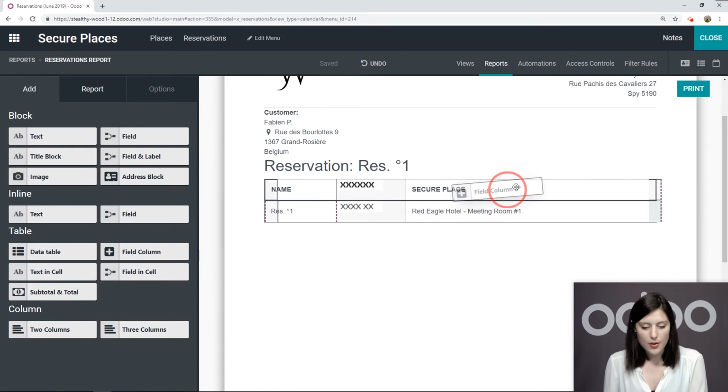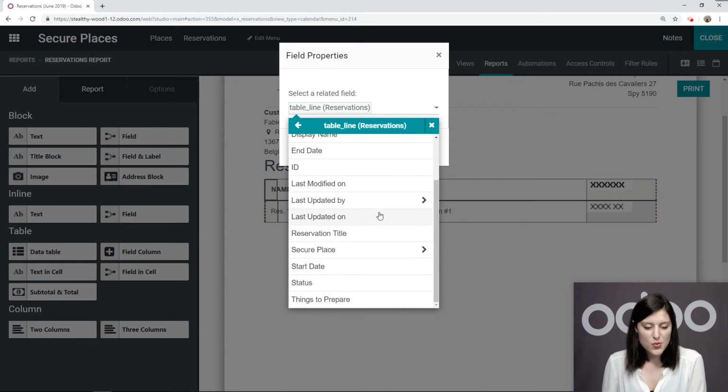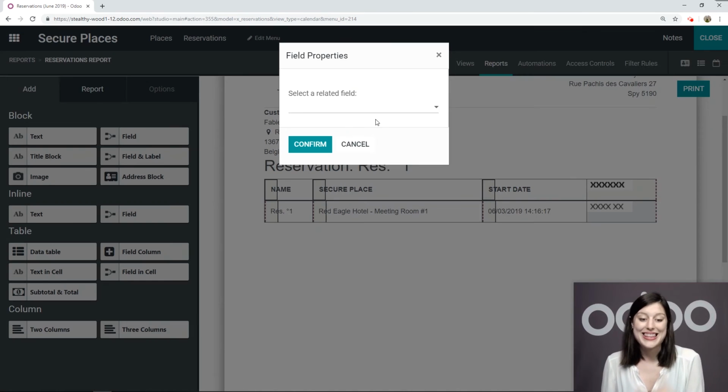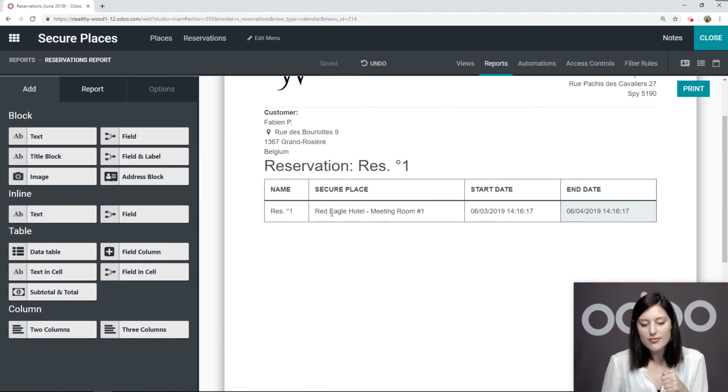All right, I'm going to go ahead and add another one. Table underscore line. This will be the start date. Confirm. And of course, after the start date, we also want to add the end date. Okay, so we're going to add that as well. And confirm. All right, looks really good here, except there is some information that isn't necessary, and that's the